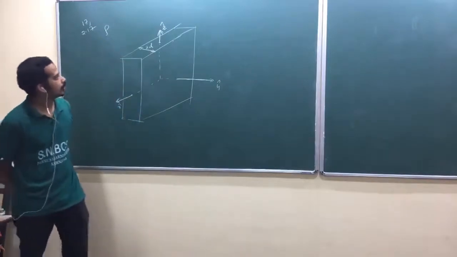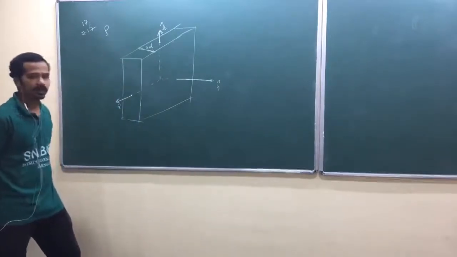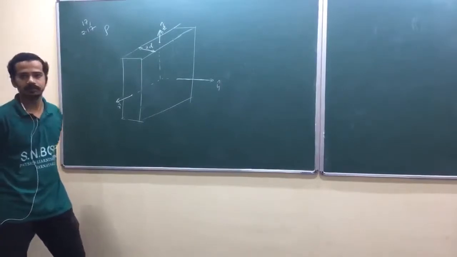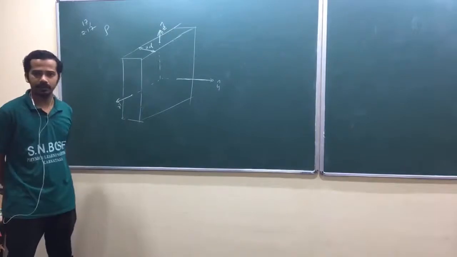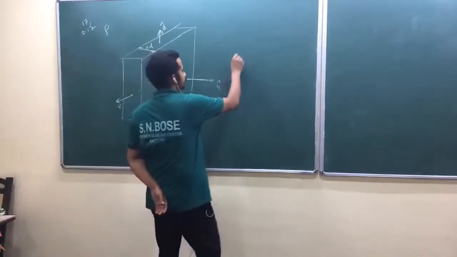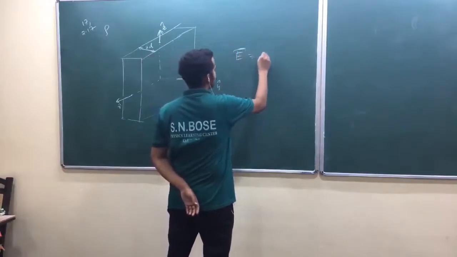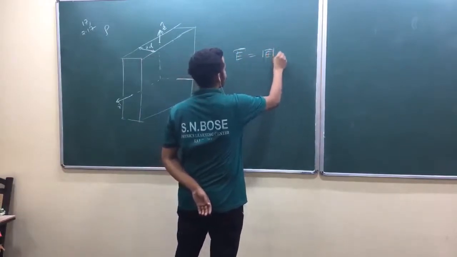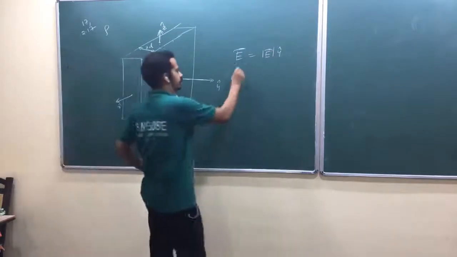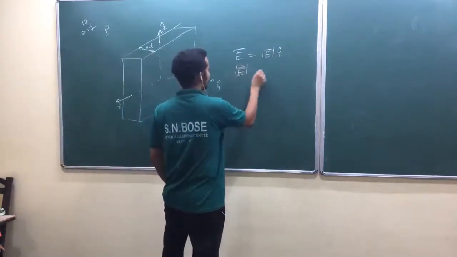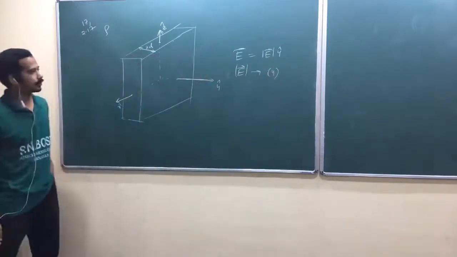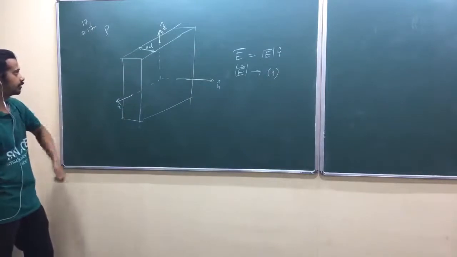So when you move along the z axis or the x axis, you will not feel any difference. And when you move along the y axis, that means you are moving away from the charge distribution, so there may be some difference. So if an electric field appears, it will be along y cap, perpendicular to the plane. Its modulus should be a function of y. So these are the two things that we have to see.